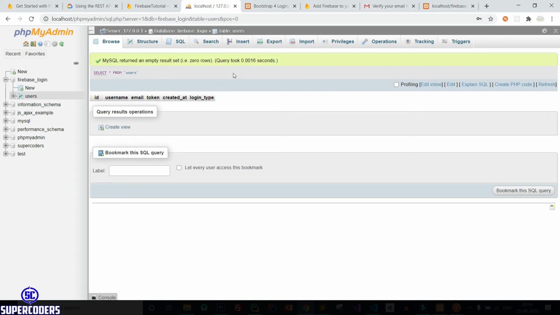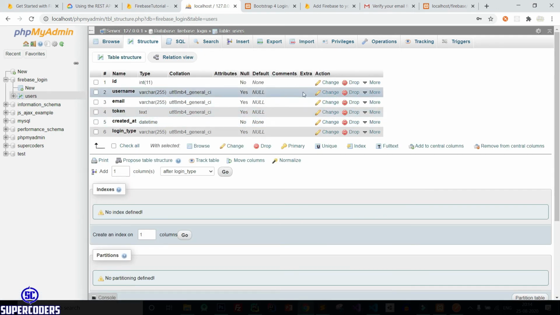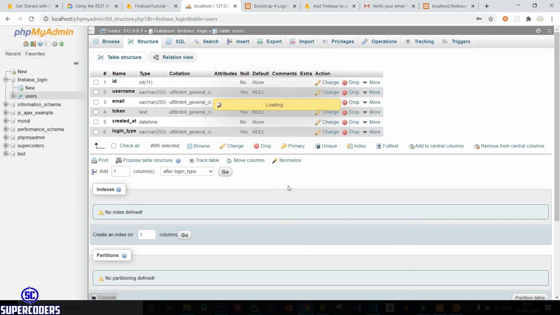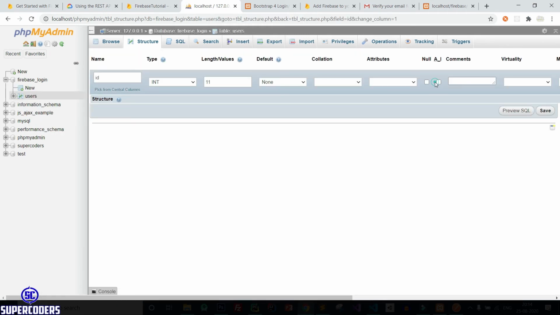So again, back to the database, click on SQL. Let's check the structure and make this the primary key. Also change this to auto increment. Save it.